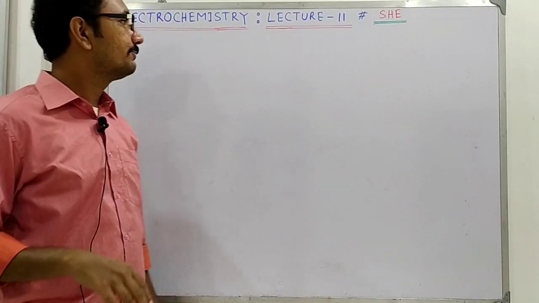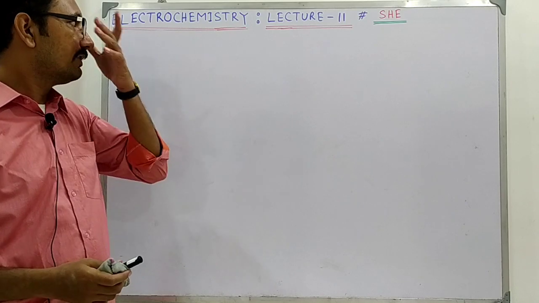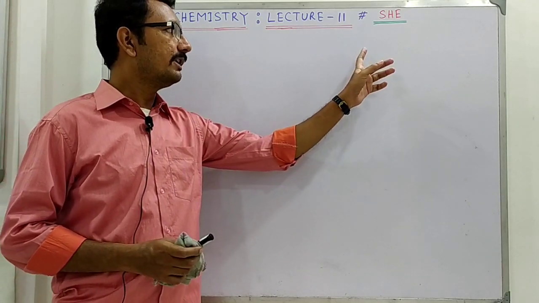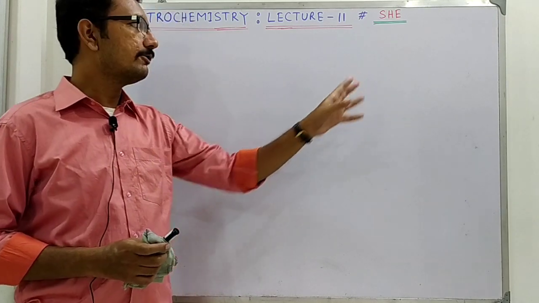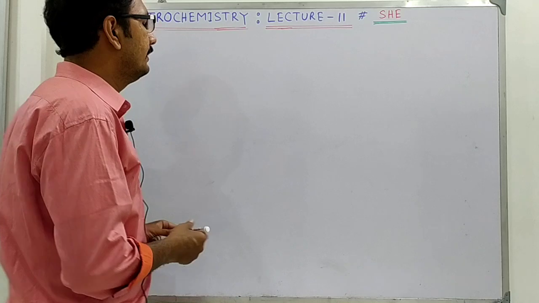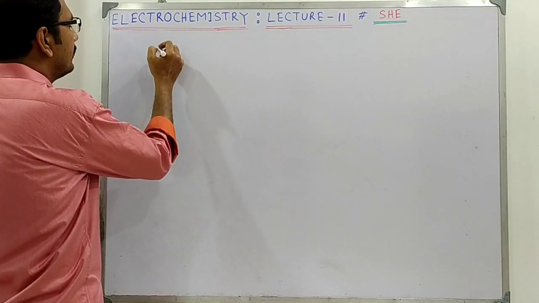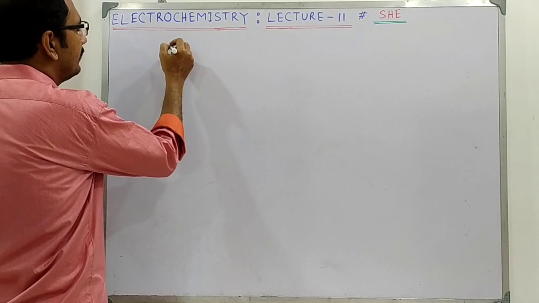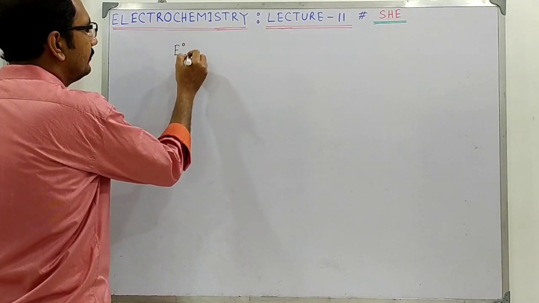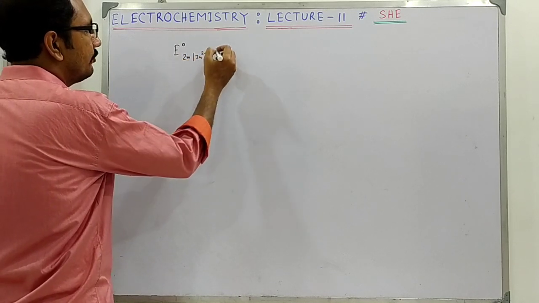Hello everyone. This is lecture 11 of the chapter Electrochemistry, and in this lecture I will cover the topic standard hydrogen electrode. That is a very important part, and you have seen that while solving the numerical problems, it was given in those problems that the standard electrode potential of Zn2+